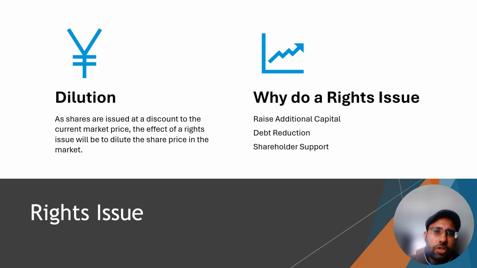When we talk about reduction of debt, it's important to understand what that can do for a company. The company may have to go through a debt restructuring program where they may use the proceeds from a rights issue to wipe off any debt it has, or even just to reduce it. It will then reduce its interest expenses and improve its overall financial stability, especially when it comes to the solvency aspect. A lot of the solvency ratios will be affected. You could see that as a positive sign. The company has used money to repay its debt, and then it could be on a level playing field where it can compete with the other companies and in turn grow in value.